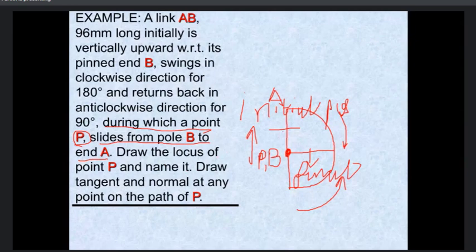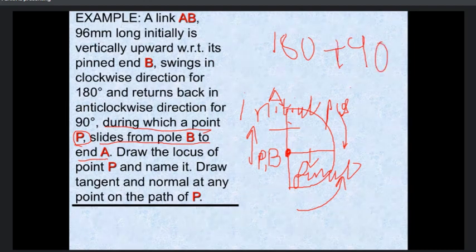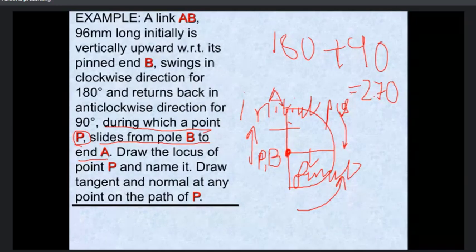Okay, now the question comes like how to divide into equal parts. Suppose if you are going to divide this, let's say its total travel here, as you know the total travel, if you see, it is 180 degree plus 90. Okay, total travel, अगर आप देखेंगे तो 270 आएगा आपका. 270 डिग्री. So you need to divide 270 into equal parts. Suppose if you take each angular division as 30 degree, so it will be equal to 9 divisions.